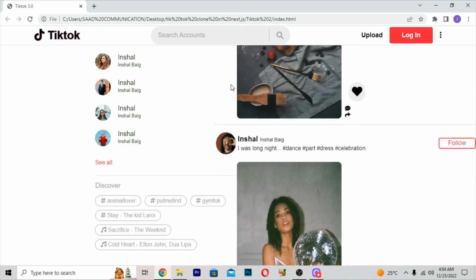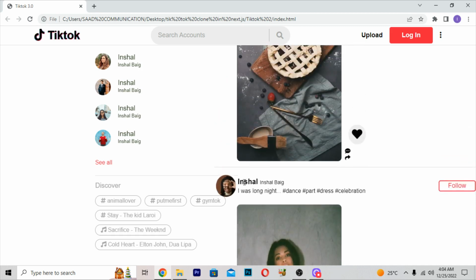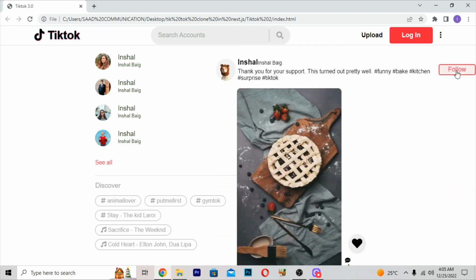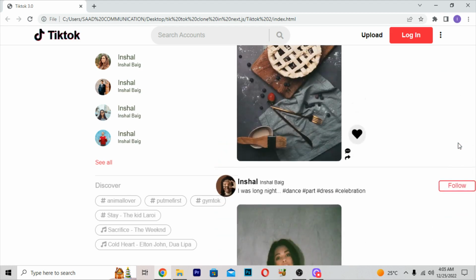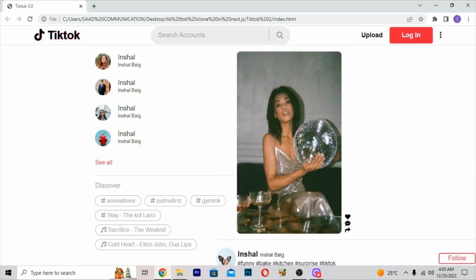So here down we are again getting a different profile pic, and we are getting a name here. I've written my name in every TikTok, so you can see the change which I have done here. You can also do this change here. You can write your name also on this TikTok if you want. Then here we are getting this text which is written, and these were the things I have written. Then you will be getting the follow button here also, like at the top, you can follow this user if you like his TikTok or if you like what he has uploaded. You can also see the paragraph written by the user.